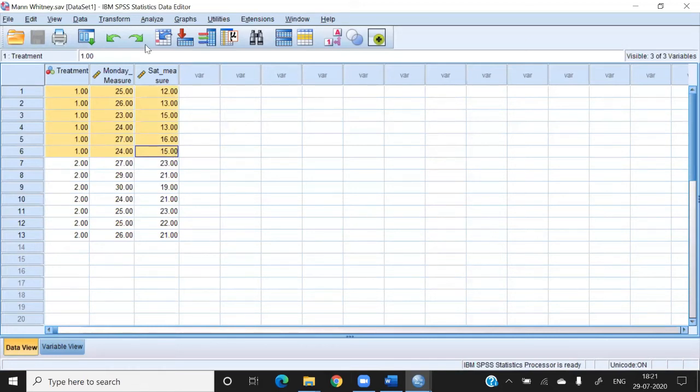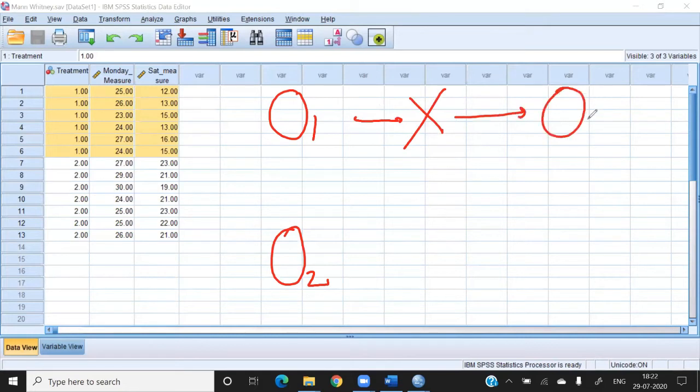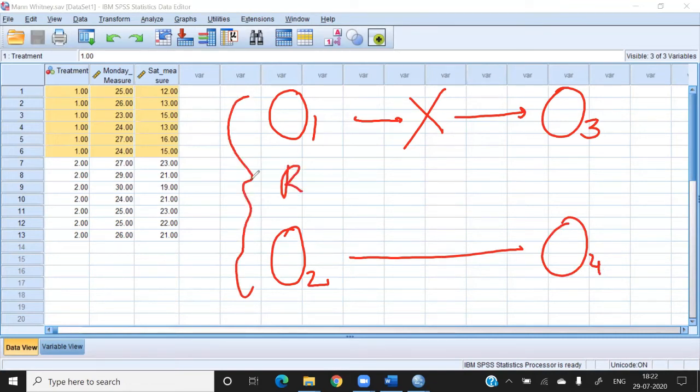Okay, so this case can be expressed like this: R, O1 and O2, then X, and then O3, and then do nothing, O4. So this is an experimental design, and this experimental design is saying that initially the 2 samples are selected randomly.